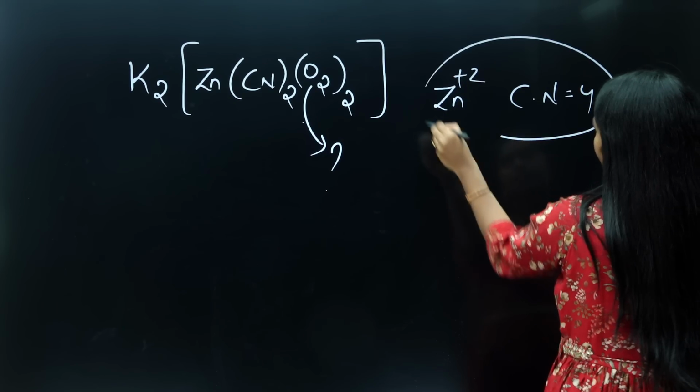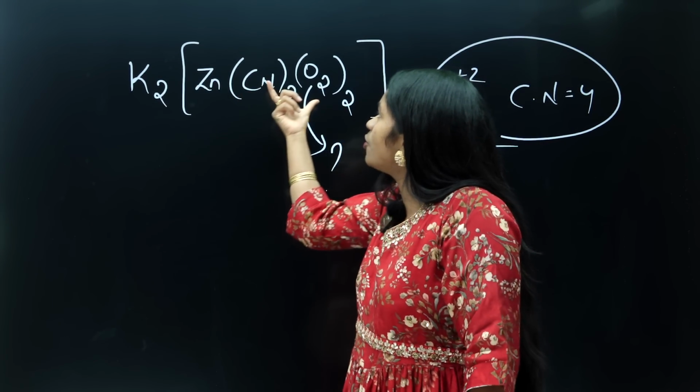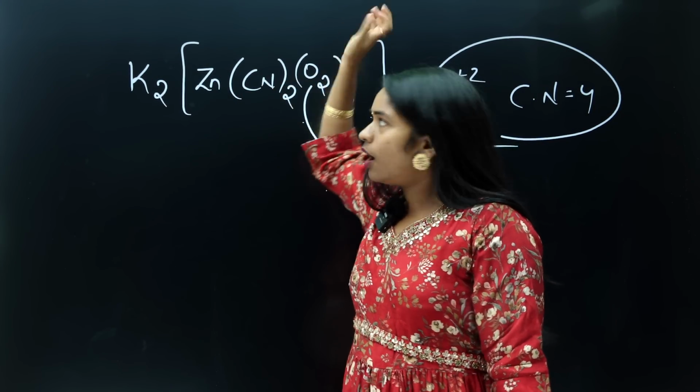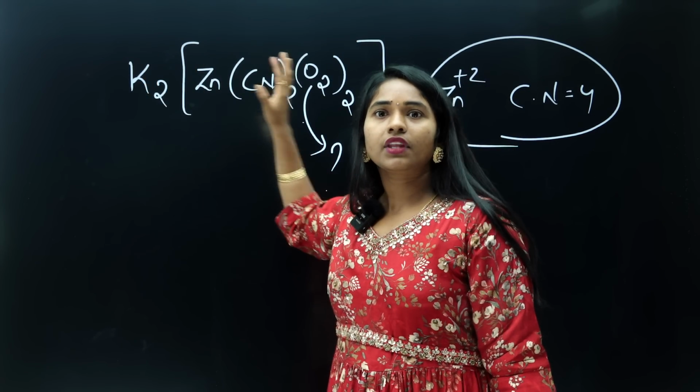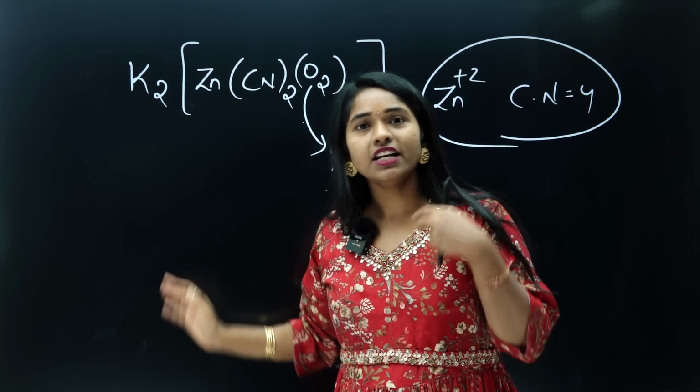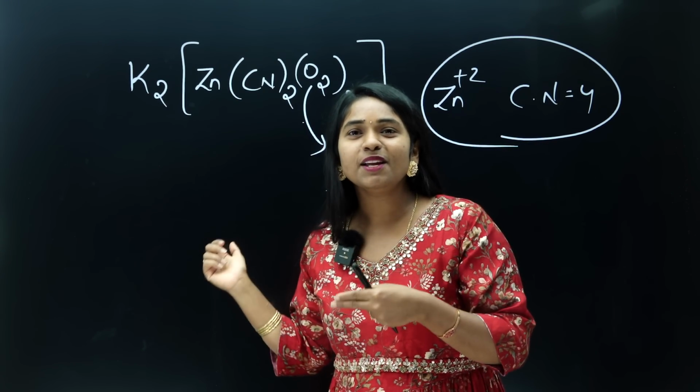This is the technique as I told you. So to get that plus 2 oxidation state, how much do you have to consider this O2? Find that, potassium is plus 1. Try this question and send me your answer in the comment section. Try that and let me know how is this